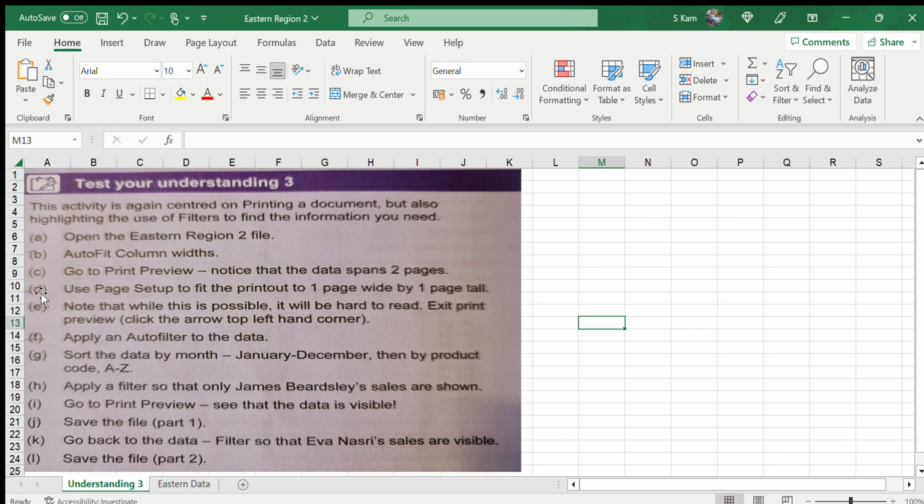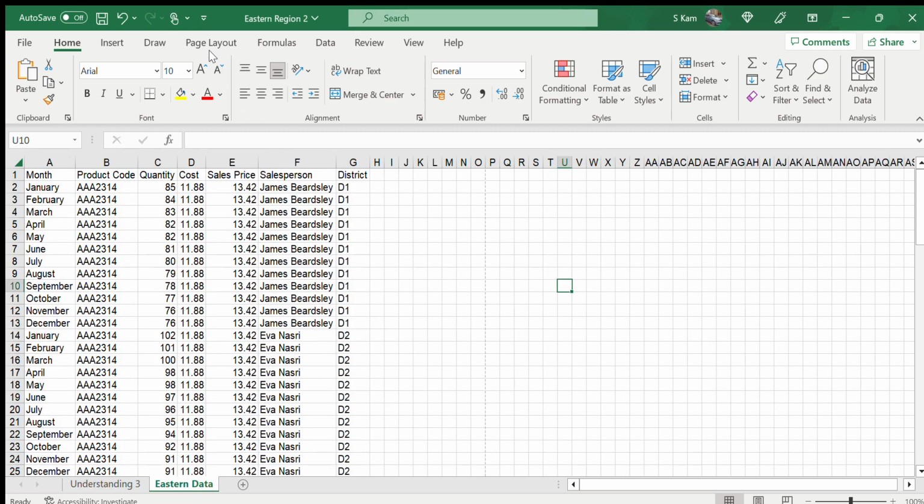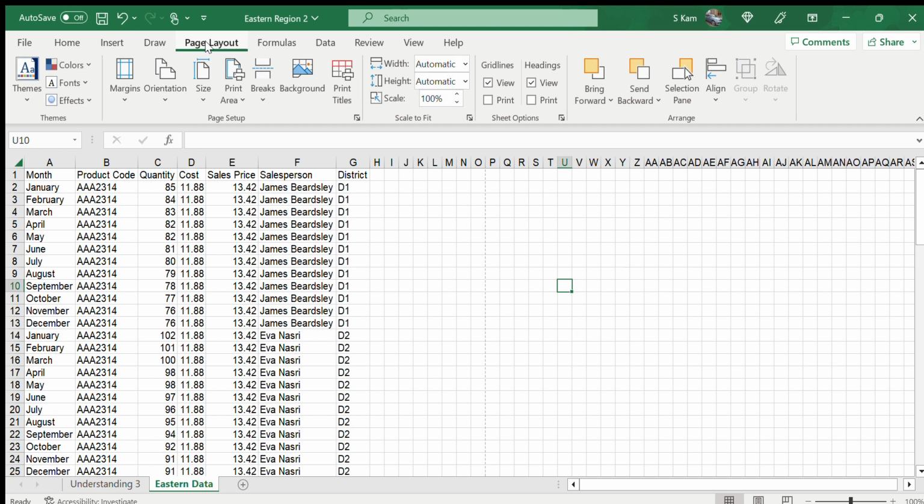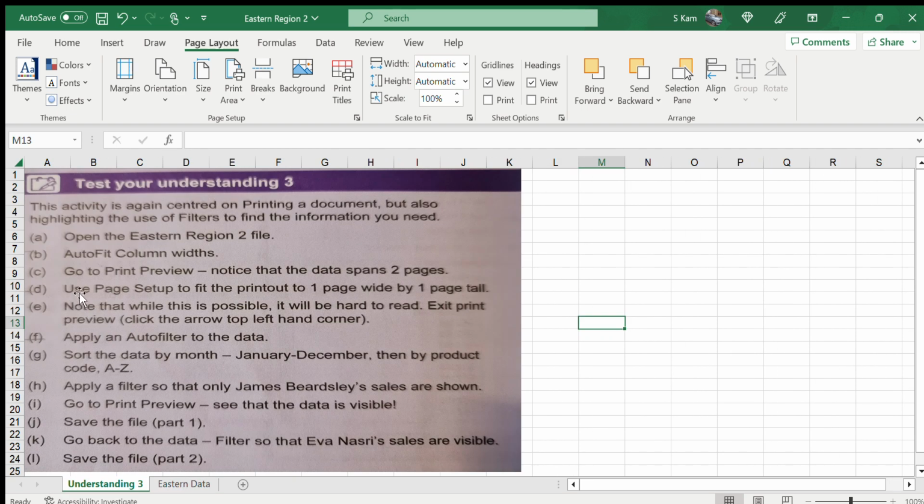Next point is point D, and it says use page setup to fit the printout to 1 page wide by 1 page tall. So go back here again, go to page layout, and click on this little icon here. That will give you another set of options, which you can see here. Then click on this option here, fit to 1 page wide and 1 page tall, and click OK, and that should automatically turn into 1 page now. So we'll have a quick look at what the next option is. And it says